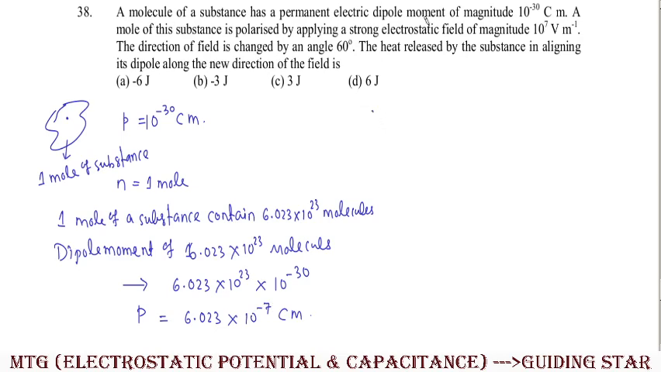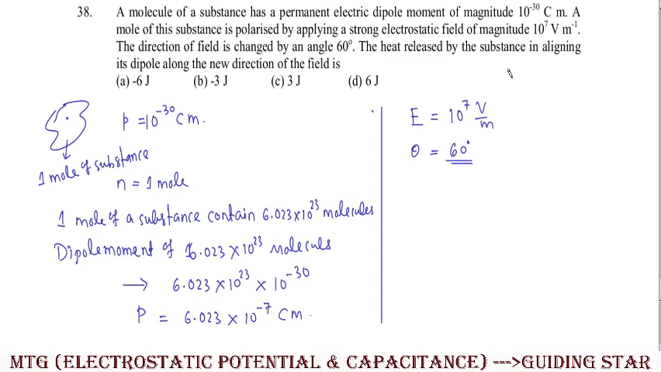Clear? Okay, so a mole of the substance is polarized by applying a strong electrostatic field of magnitude 10 to the power 7 volt per meter. So here the electric field is given as 10 to the power 7 volt per meter. The direction of the field is changed by an angle of 60 degrees. So theta over here is 60 degrees. Here, what they are saying is that